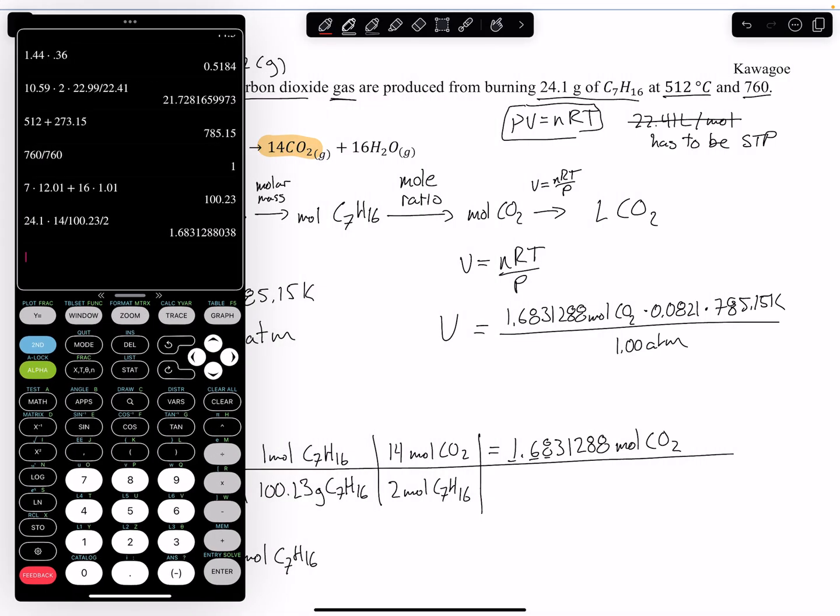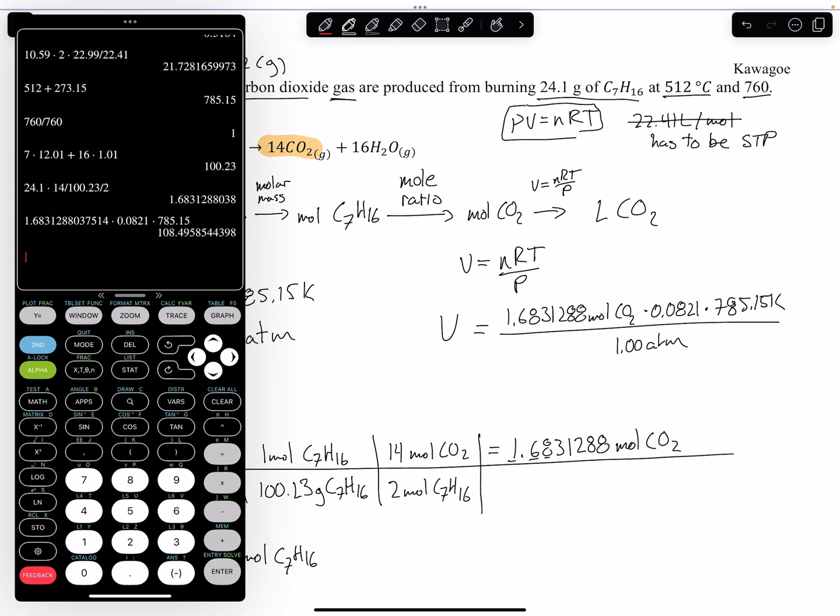Pull my calculator out again. Now, I like this calculator app. You can do this on other things too. With my up arrow there, I can select. You can see that turns reddish pink. And if I hit enter, it just copies that number in for me. So I am actually using the whole number, not even just the numbers that I typed or wrote out. So take this, I multiply by 0.0821 times